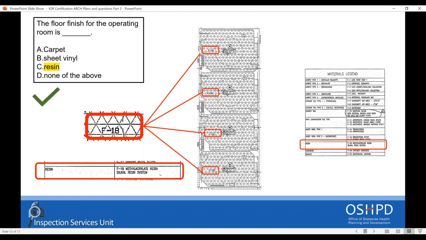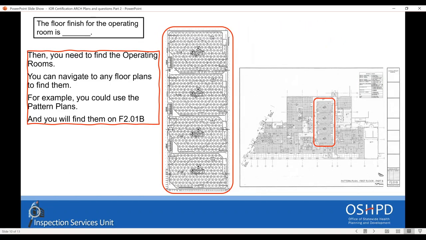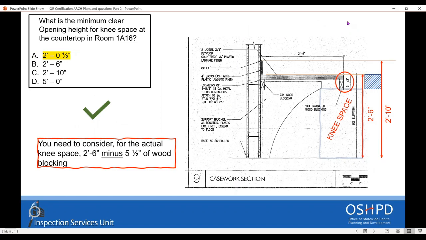Back to that first question about the knee space. Typically on plans, when something's an access compliance thing like that, it would be detailed a little bit more clearly than having to figure out the block size and deduct it from the elevation or the drawing there. So I just wanted to point that out. At least in my experience, especially in an access compliance situation, it's called out a little bit more clearly than that.